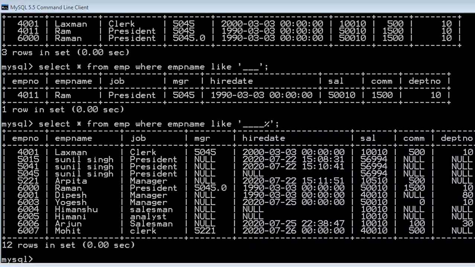Now let us move to another operator, that is called the IN operator. The IN operator is used to specify multiple values in a where clause. For example, if I want clerks, presidents and managers to be in my list, what query can I write? First of all, select star from EMP where